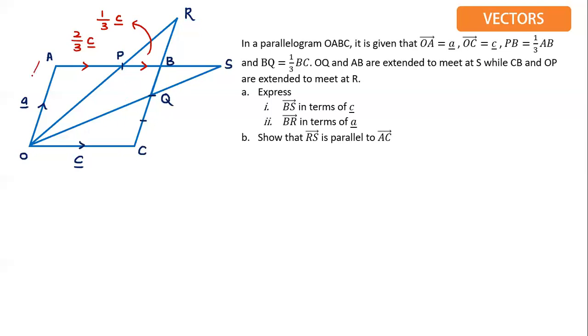Same goes to this side. Class, if this entire thing is considered A, this one also should have the total as A. Understand? This one is taking 2 portions, so that means 2 over 3 of the A, because the entire vector here is A. I'm using this arrow here. This also is the same, class. This one is only 1 portion, so it means 1 over 3. Done. So I already labeled the entire diagram perfectly.